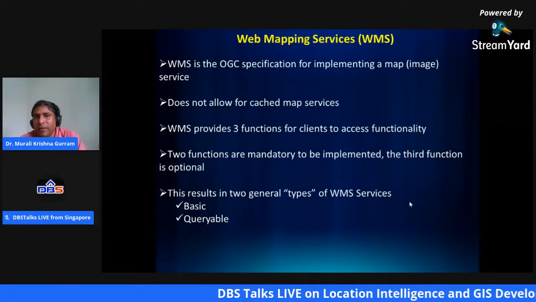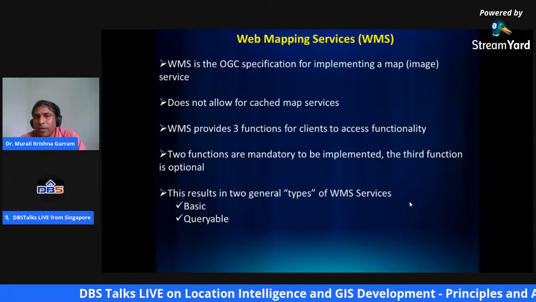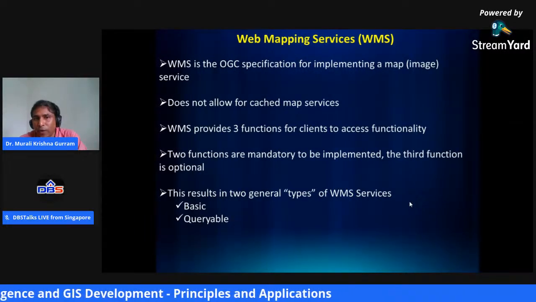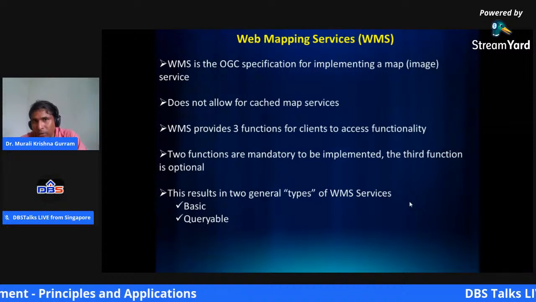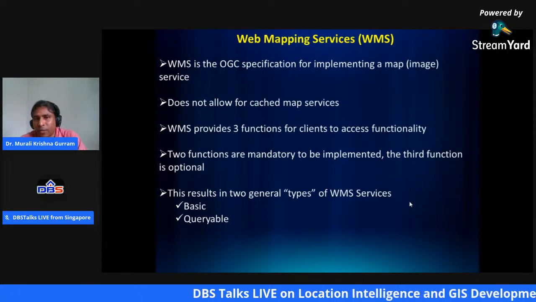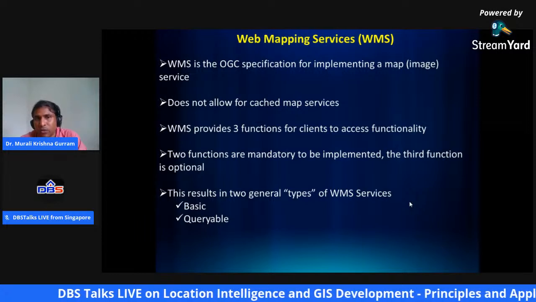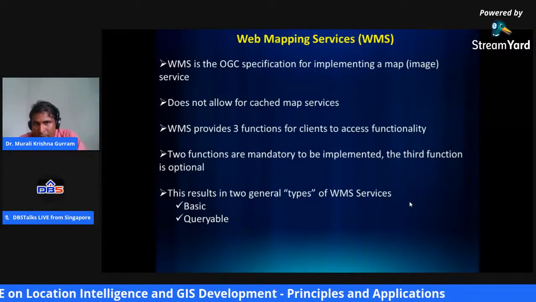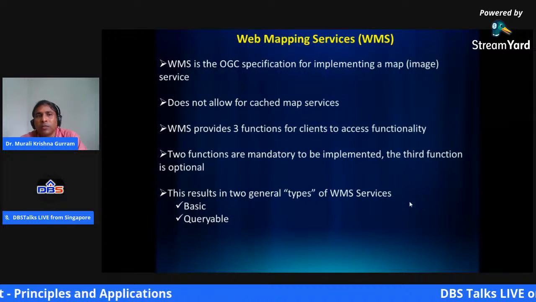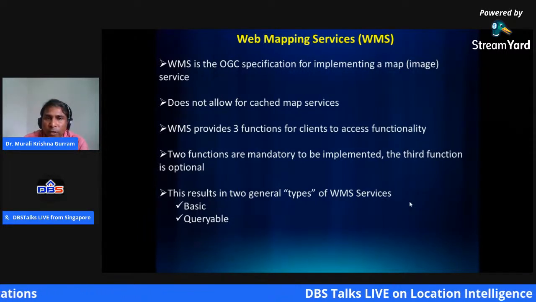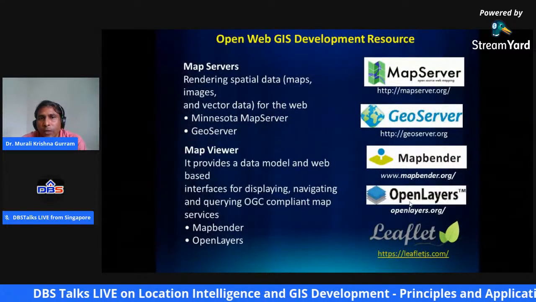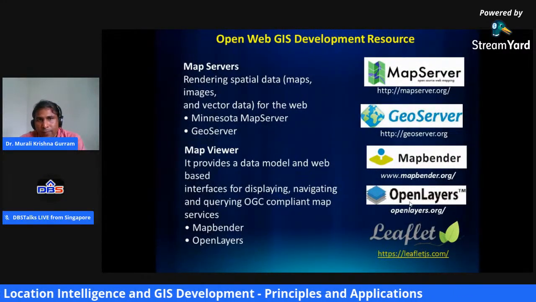It provides three important functions for clients to access the functionality, and two of these functions are mandatory for implementation. The third function is optional, the queryable option, which you can choose whether you want or not.